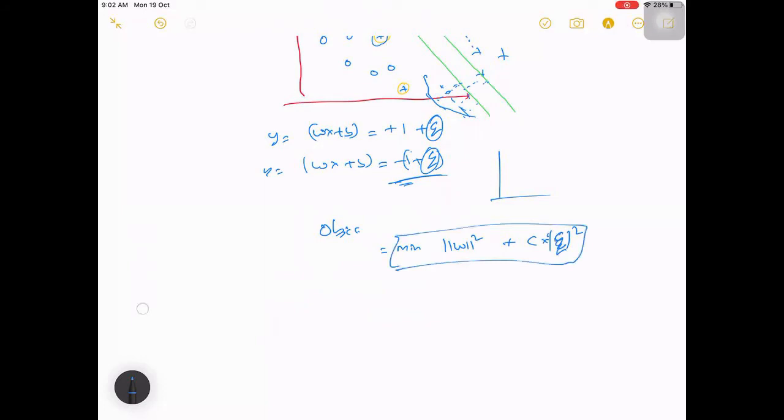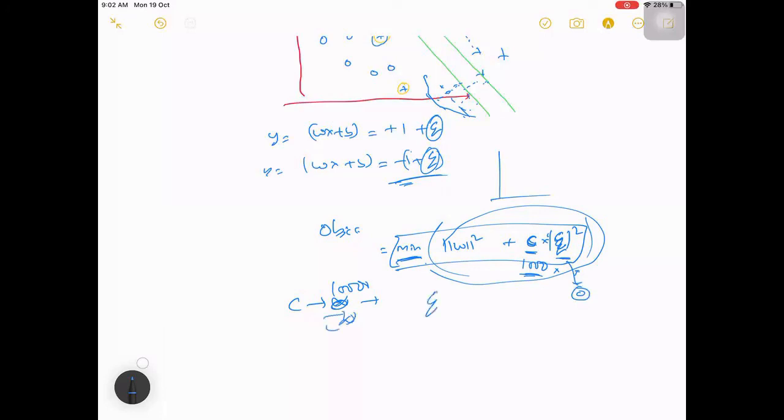So this C is a parameter within our SVM. Where you have C as infinity, a very high value, then minimization. If you want to minimize this, if it is a very high value, let's not call it infinity, let's say 1,000. Even if this zeta is slightly higher, this complete value will be very high because you are multiplying with a higher value. So what your algorithm will try is to make this zeta value almost zero. It will try to minimize this complete term.